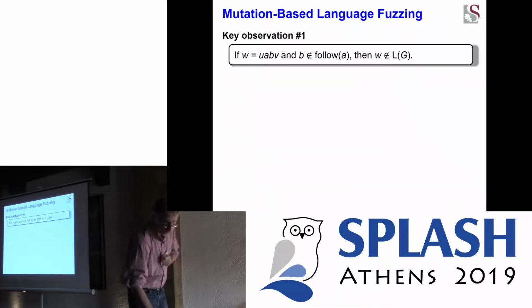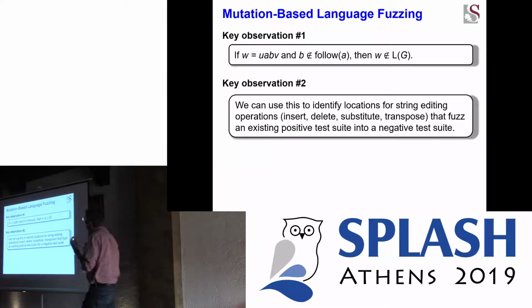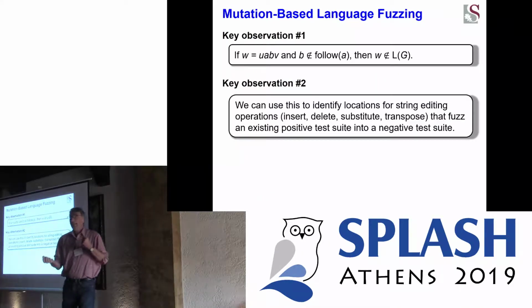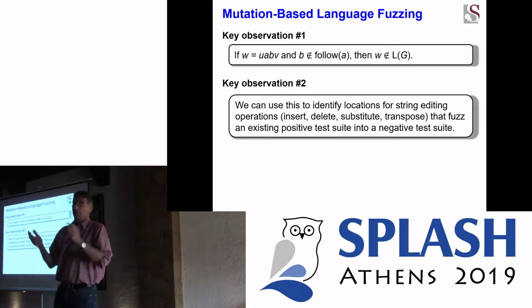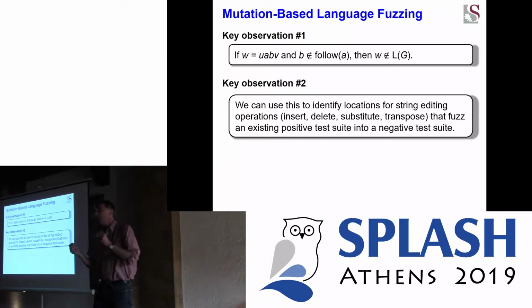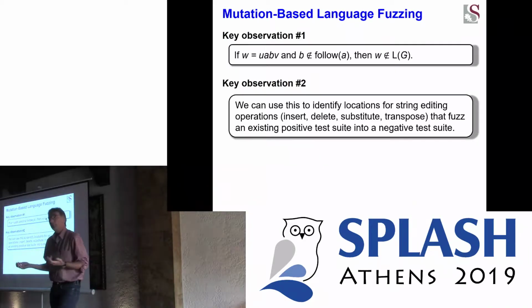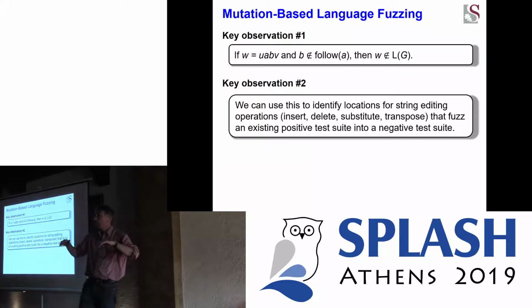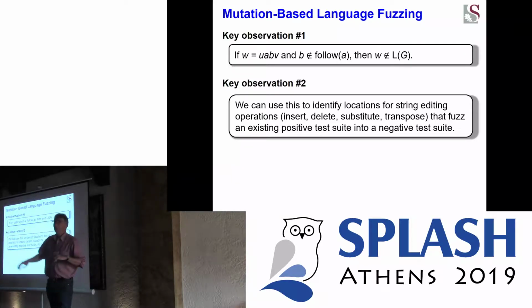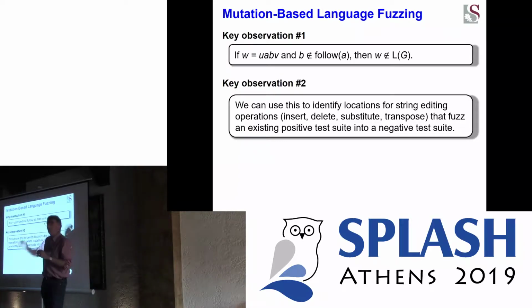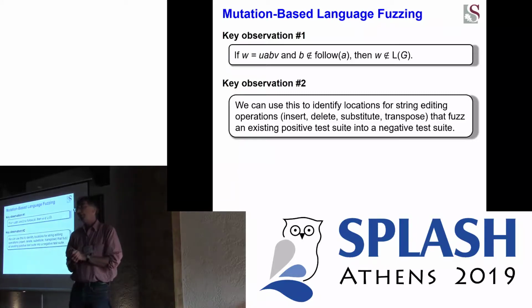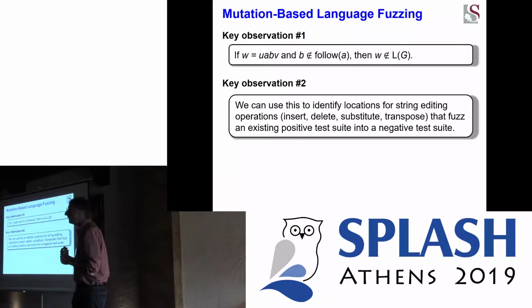We just use this. We can now define locations at which we apply string edit operations, the standard string edit operations that are used, for instance, in diff, to fuzz an existing positive test suite into a negative test suite. So we use, for instance, rule coverage to generate a positive test suite, and then we fuzz all locations in specific ways so that this is guaranteed to be satisfied, and that guarantees us that that fuzzed test suite is negative.